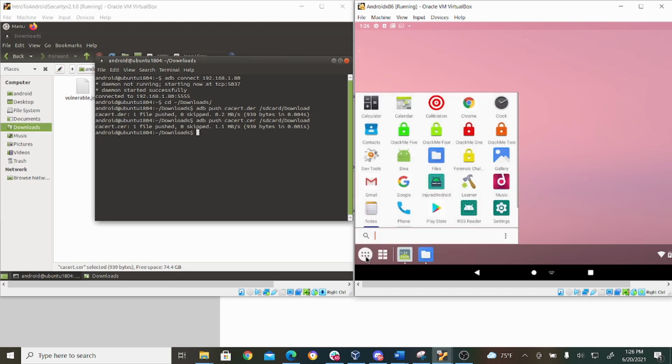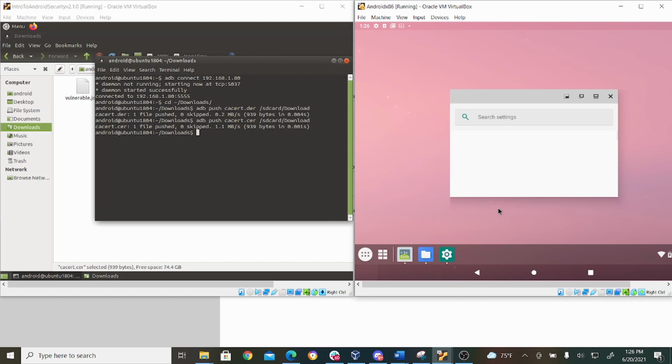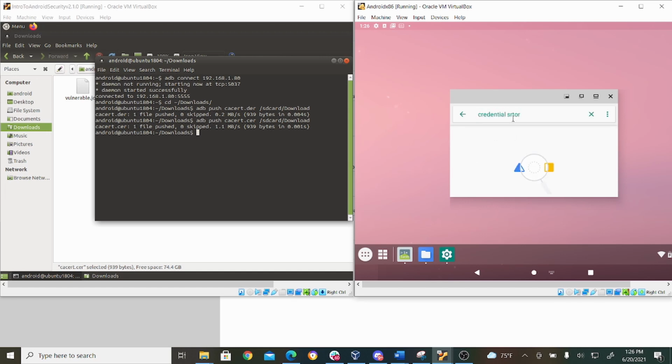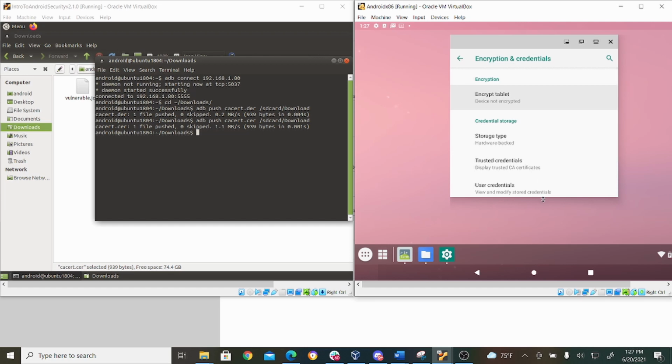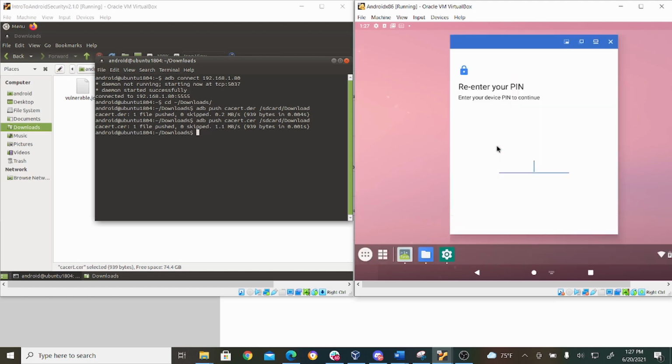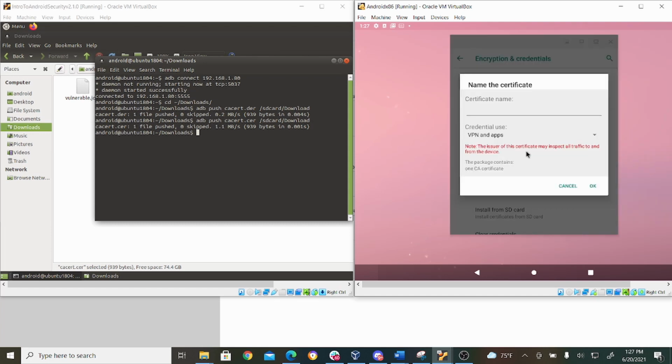Now what I'm going to do is go to settings. And in the settings, I'm going to type credential storage. And from there, I'm going to say install from SD card, and I'm going to go to downloads, and here's our cacert. We're going to double click, and I'm going to enter my PIN. You need to have a PIN to continue. And next,